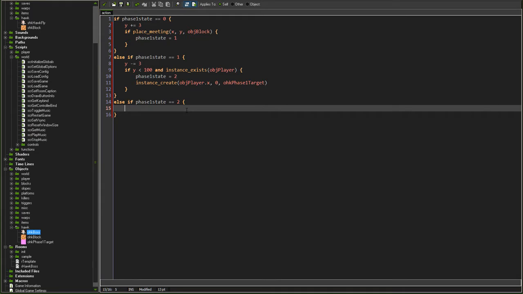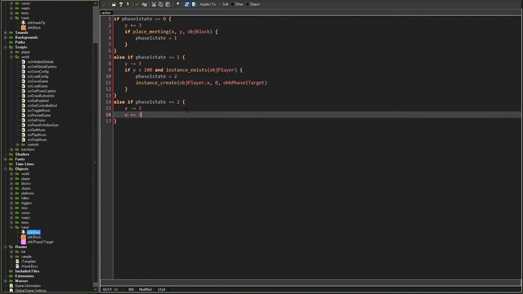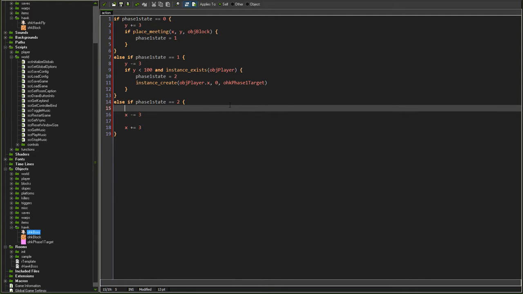So here we want to do if. Sometimes we want to do x minus equal to 3, but sometimes we want to move. Sometimes we want to move left. Sometimes we want to move right. How do we tell which way to move? Well, here's how we can do it. If